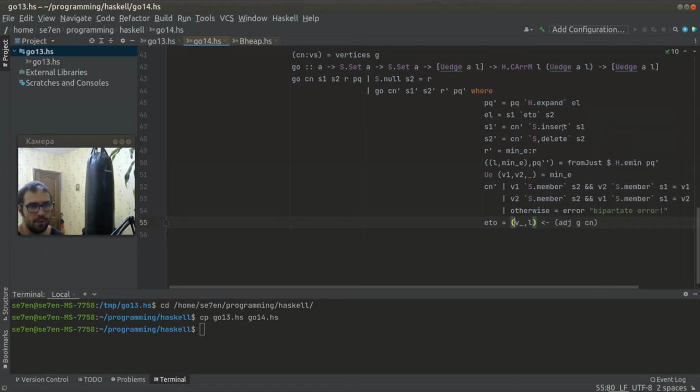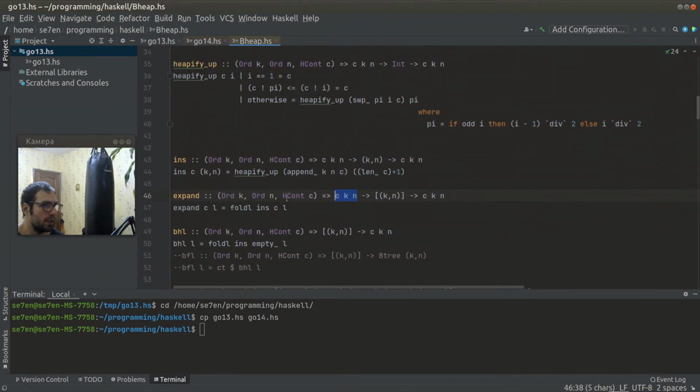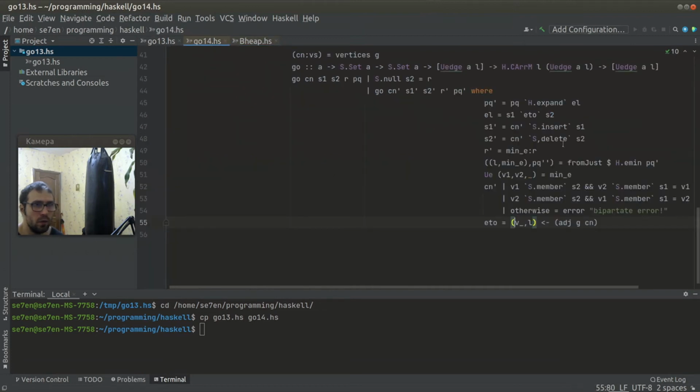What is its type? So here we need to provide a list of pairs. So let's look. Expand. It takes a list of pairs of game nodes, but nodes are the edges. And we go here and